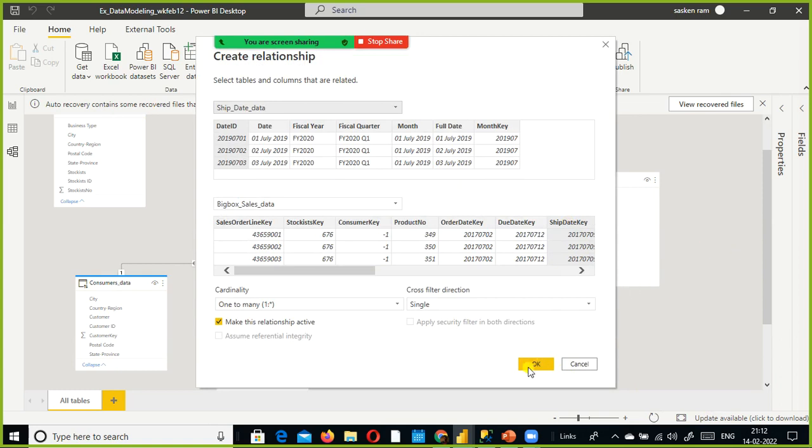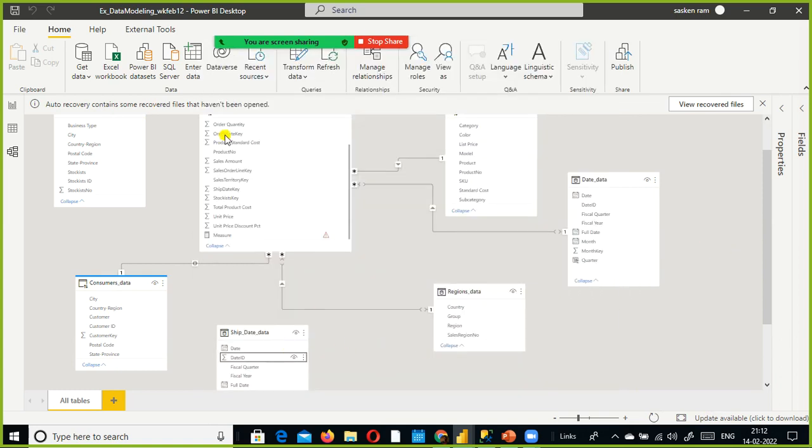So it's fine, everything is good. I just click on OK. So one-to-many relationship. Look here, it will take some time to create the link between the date ID and the ship date key. Look here. Now this is an active relationship and this is an active relationship. I just duplicated this date table, and this is called role playing dimension.